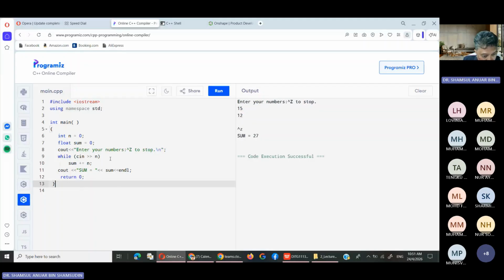So why is that the case? Here, if you look into the code, we declare and initialize n equals 0. N is an integer, and then we have a float for sum. Actually, we can also say this is an integer. I guess it's not wrong if this is also an integer. I think even if this is an integer there is no problem. int,